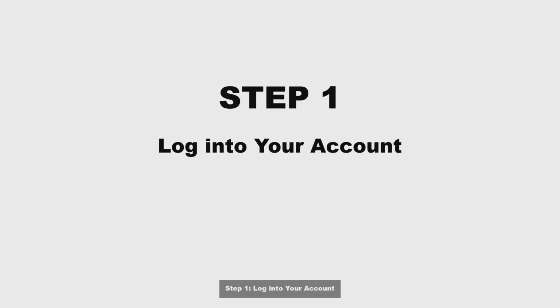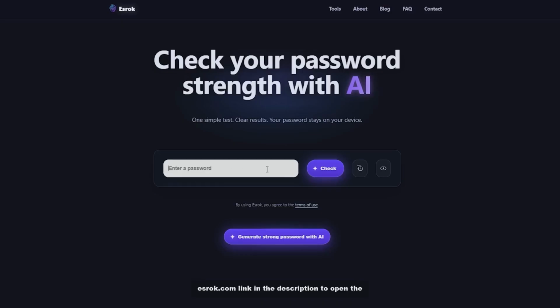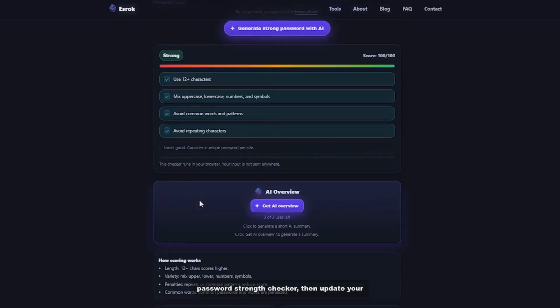Step 1. Log into your CAM. Before changing your settings, use the shrc.com link in the description to open the password strength checker, then update your